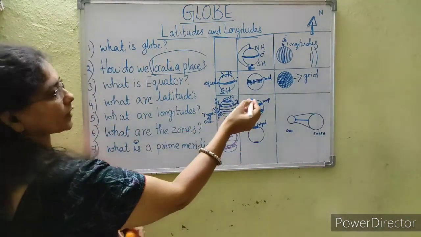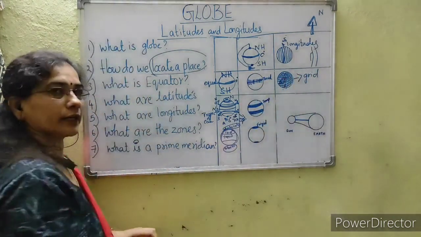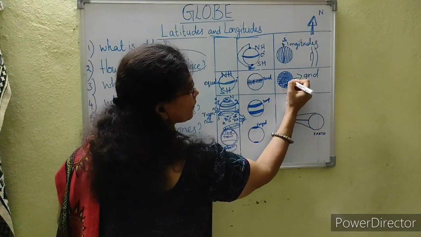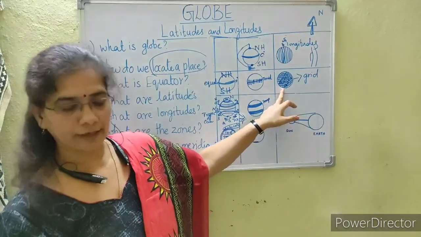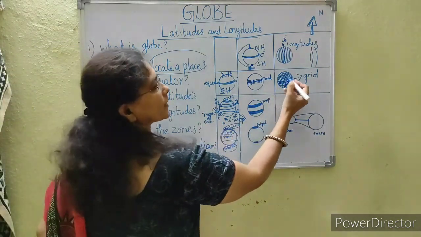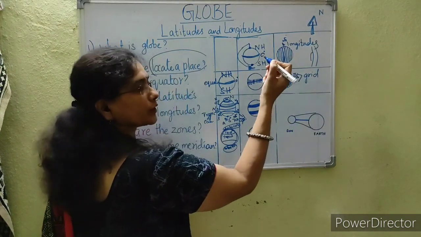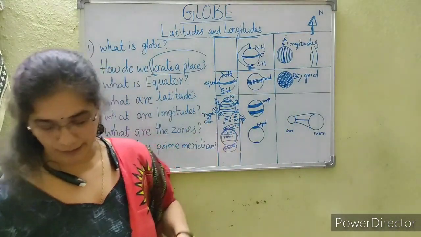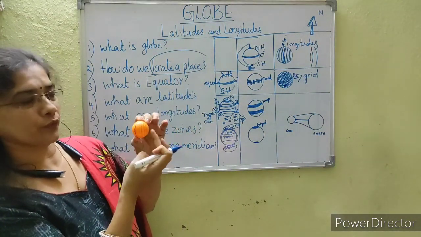Then, when these latitudes and longitudes both meet together, they form a grid. You can see the small square type of pattern, they form a grid. Based on this grid, we are going to locate a place. So from this, suppose this is 23.5 north latitude, and longitude is calculated first from 0 degree, the prime meridian. So how it goes is from east to west.